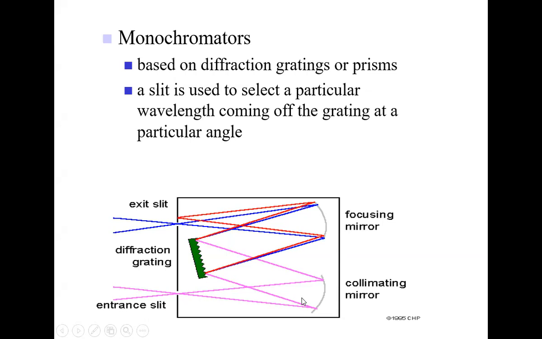Once they are parallel, we come to this part here shaded in green, which is actually at the heart of a monochromator. And that's what we call a diffraction grating. This diffraction grating has what we call glaces, like teeth, all right? There are surfaces on it that, depending on where the light strikes, are going to reflect light. And so you have the collimating mirror making, in this case, two rays of light parallel to one another, and then they are directed